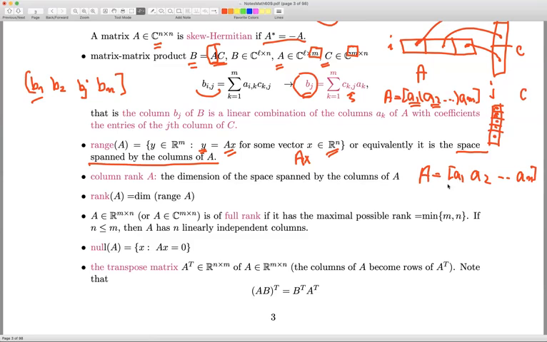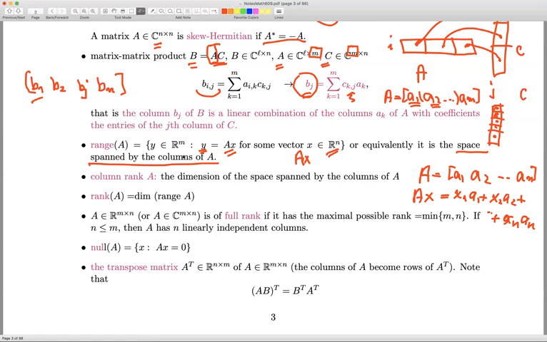And then Ax would mean what? Ax, the matrix A multiplied by the vector x, will be x1 A1 plus x2 A2, where x's here are numbers and A's are the vectors, and so on, plus xn times AN, where the A's are vectors in the dimension Rm. And so the range of a matrix can be viewed as the space spanned by the columns